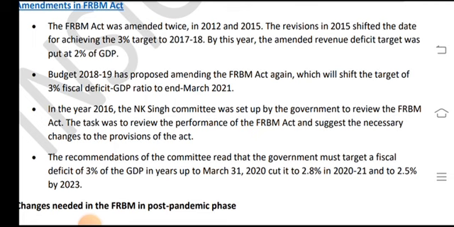In 2016, the NK Singh committee was set up by the government to review the FRBM Act. The task was to review the performance of the FRBM Act and suggest the necessary